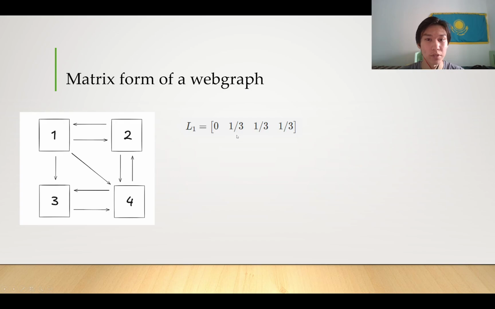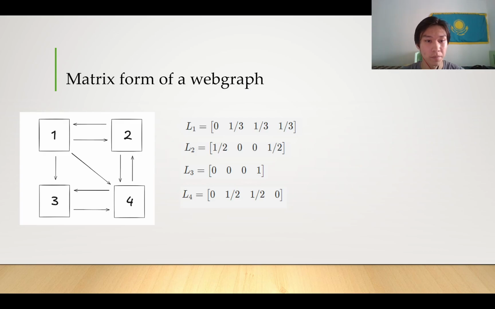So it means that the first vector has 3 values. It is linked to 3 pages, and the first value is 0 because it cannot be connected to itself. So the probability of it redirecting to other pages is 1/3, which is equal for every page here. Same goes for other pages. So here we can see all 4 vectors of our network,